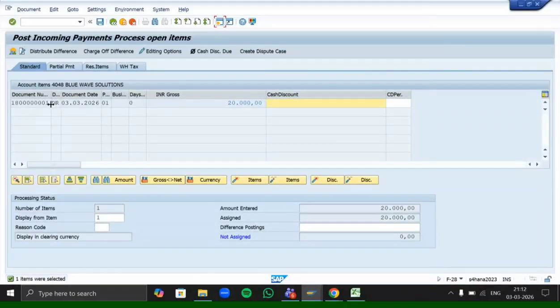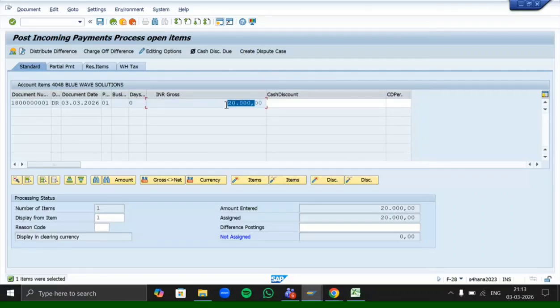Whether it is an invoice or not will be reflected with the document type DR over there. Now here you can see the days shows as 0. Why 0? Because we booked this invoice today only, just now. We have not given any days in between to clear the payment, right? So that is the reason the days show as 0.